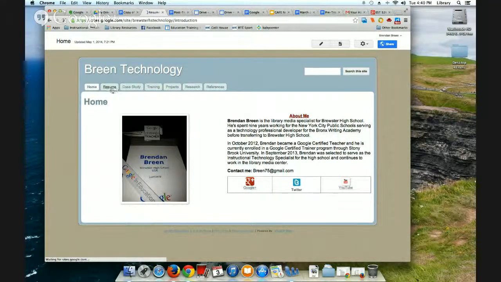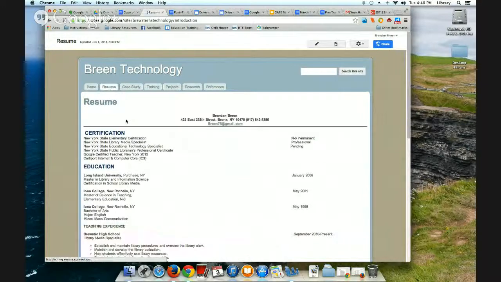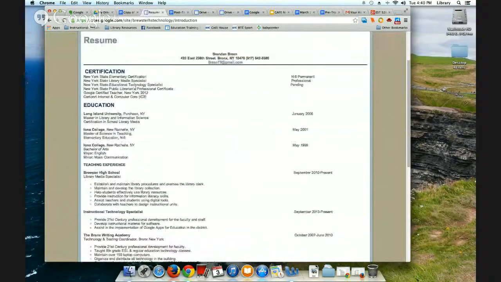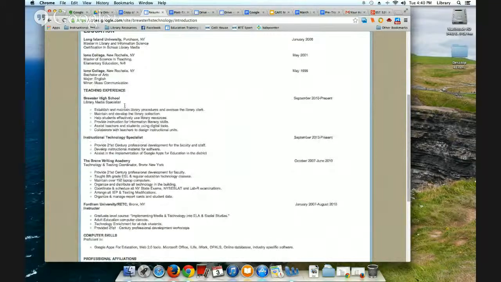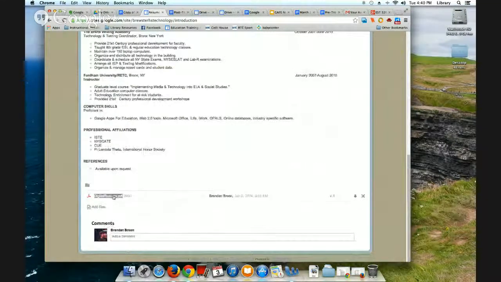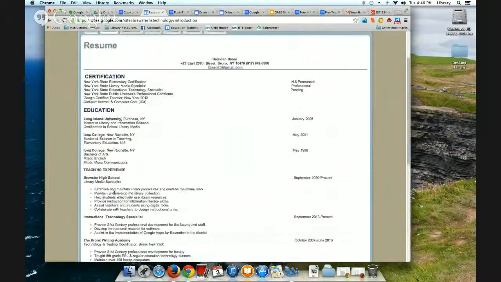Tabbed over is my resume, which has all my certifications. I'm currently pending an educational technology specialist certification from the state, but I have an IC3 certification, Google Certified Teacher, and library media specialist in elementary school, all my education and my work experience, and attached is a digital PDF, so it links right to it.